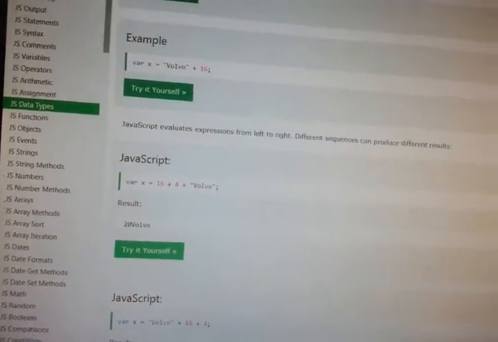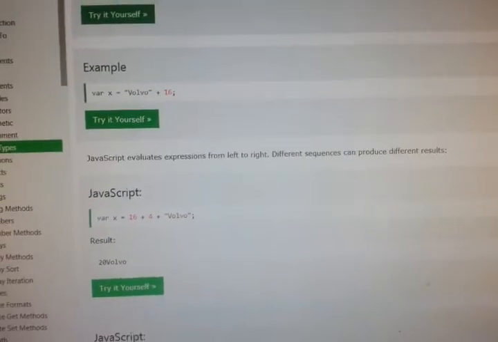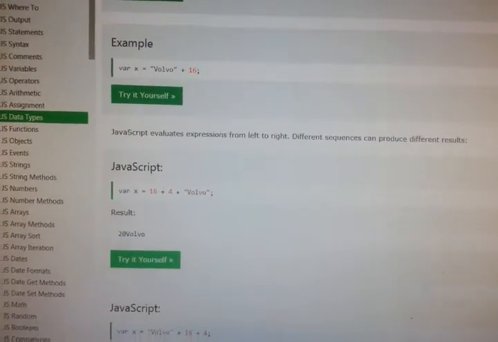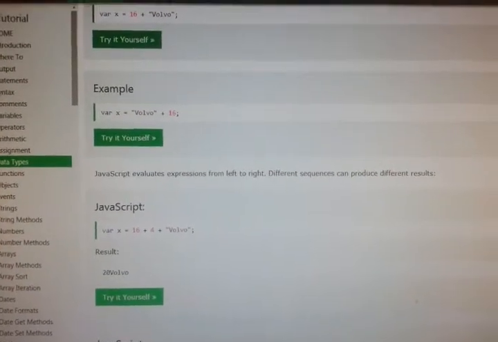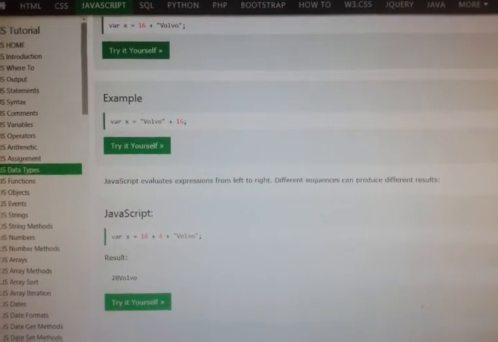Already we have seen this. What it is saying is, if we add a string with a number, the resultant is a string.